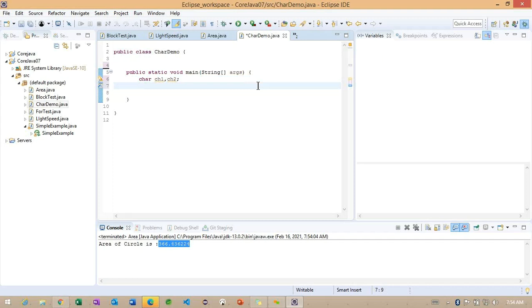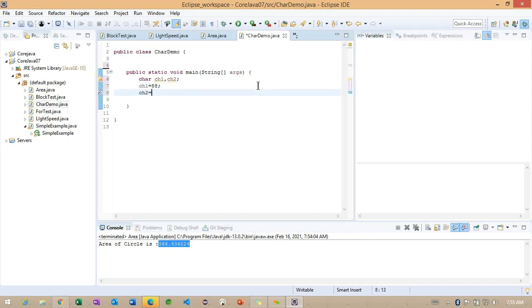ch2. So these are the two variables we are working with. Sorry, only one data type, but make sure two variables are declared here, ch1 and ch2. And for ch1, how am I specifying it here? 88.